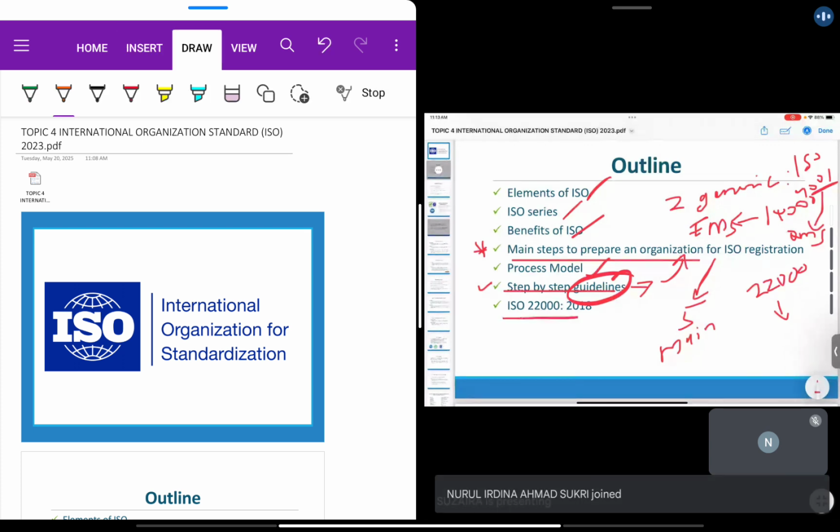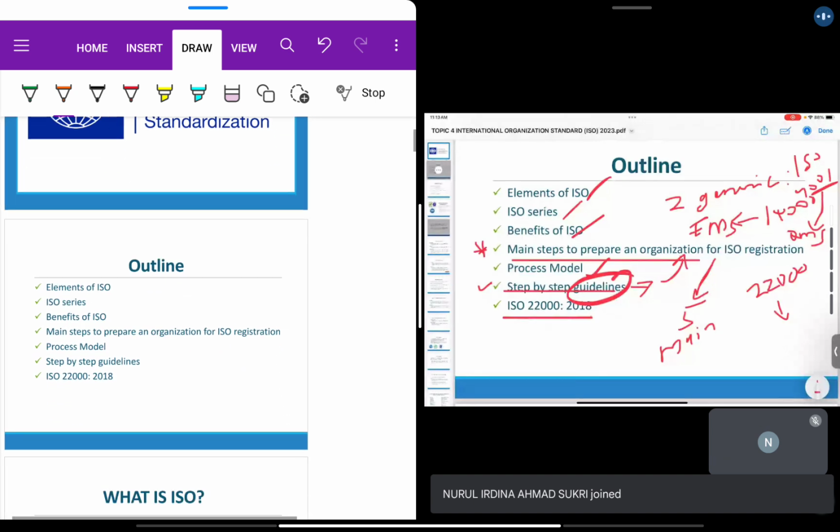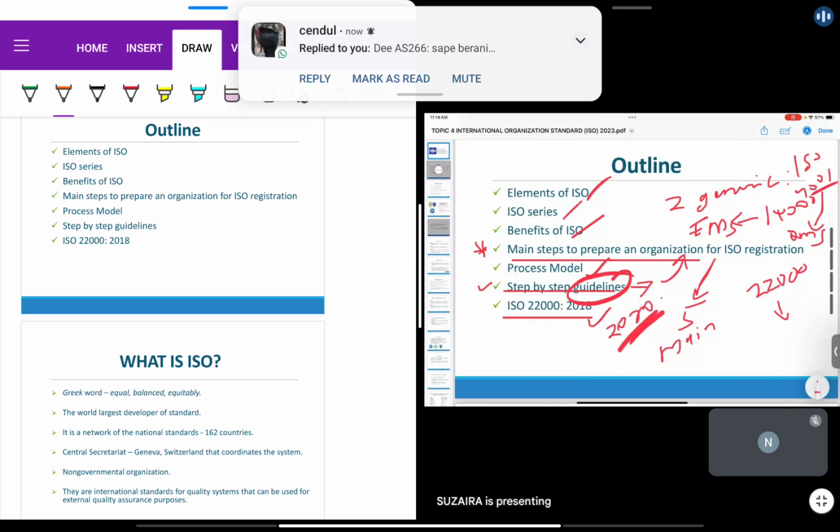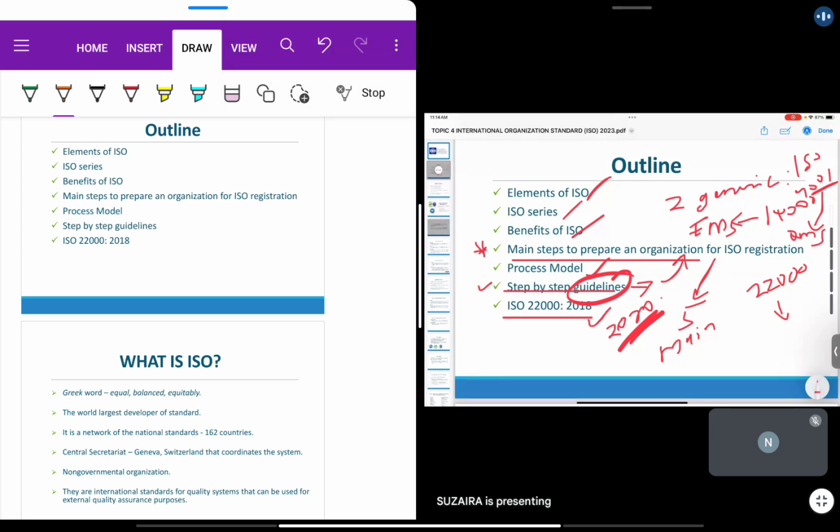Last but not least is the ISO 22000:2018. So 2018 is the first revision, because previously we would just apply the standard. Even though the name is 2018, that is considered the year the revisions were made, but it was actually published in 2020 by Jabatan Standard Malaysia, the Department of Standards Malaysia. So 2020, right? So more or less those are the outlines of what we are going to look at in terms of ISO.